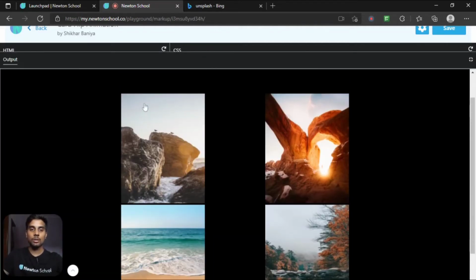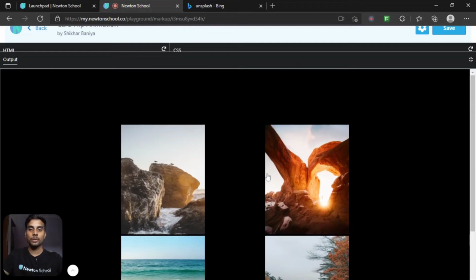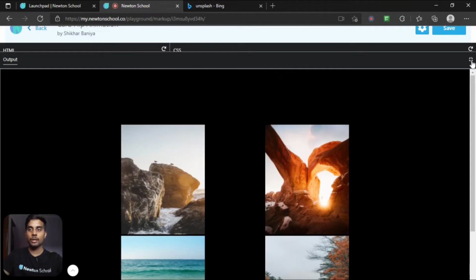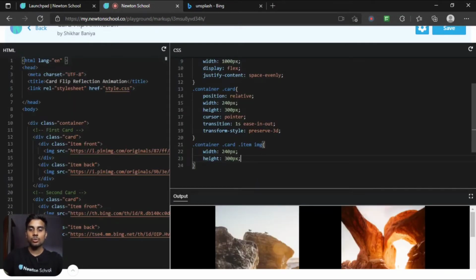So as you can see now, all the images got the width as 240 pixel and the height of 300 pixel. Okay, these two are the front ones and these two are the back ones. All right. So also I want to object fit it as cover.